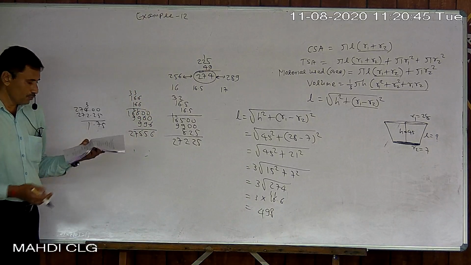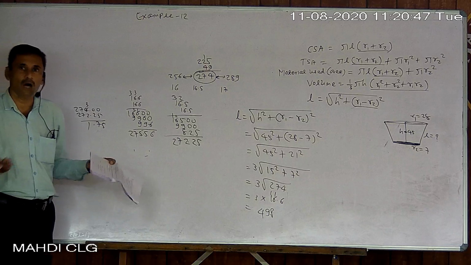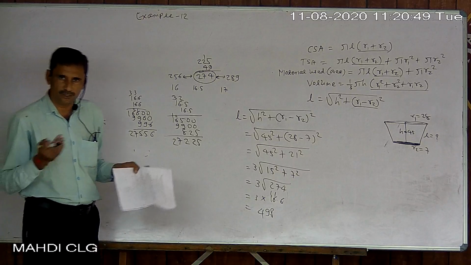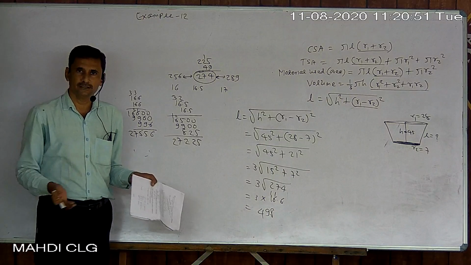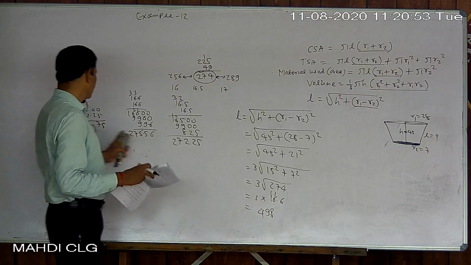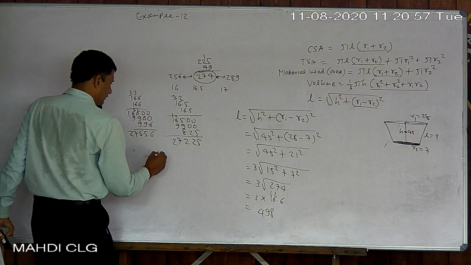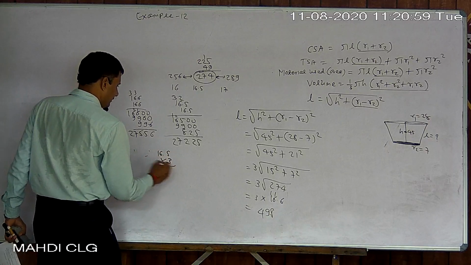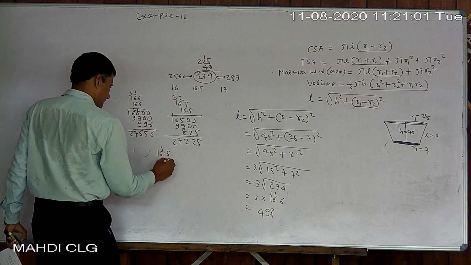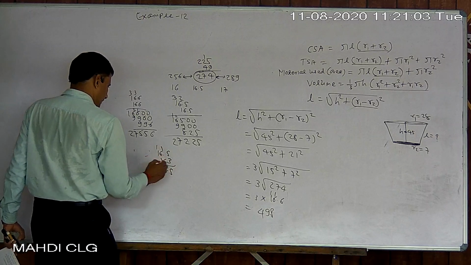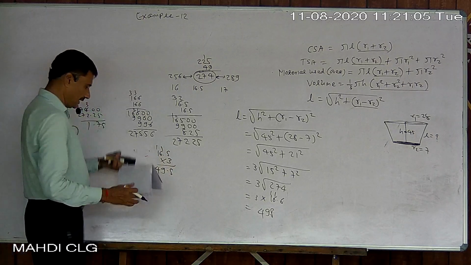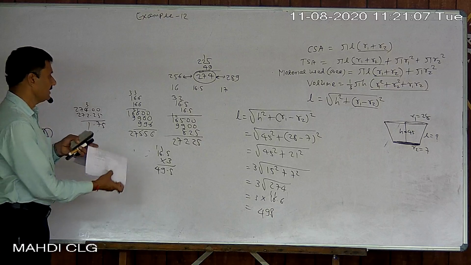They got 9.65. We don't know how they calculated. We and they both are right. Okay. They might have taken 65. If 16.5 into 3, then it may be 5 3s are 15. 1 6 3s are 18, 19. 1 3 1s are 3, 4. 49.5. So it is quite nearer to that.